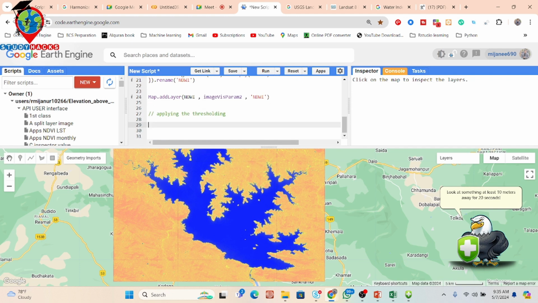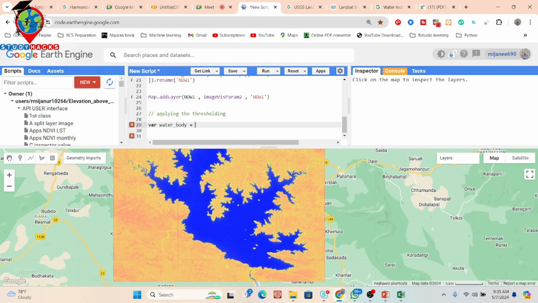So in this time I take a variable, suppose water body equal, and further I call the NDWI and put here greater than equal